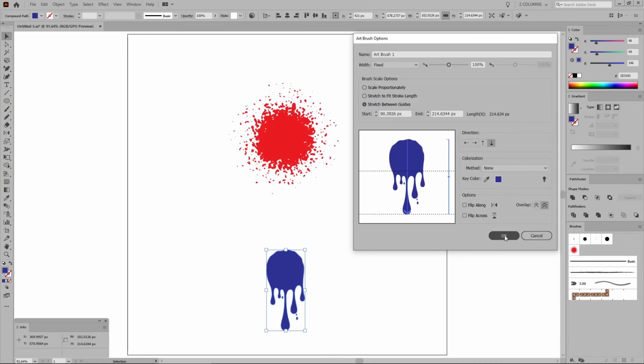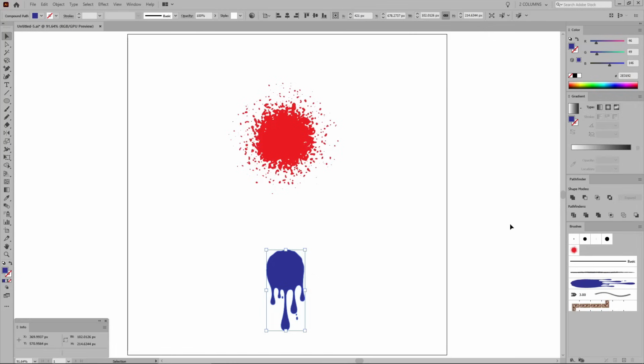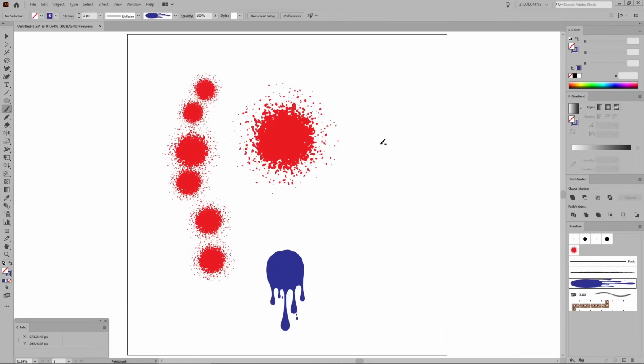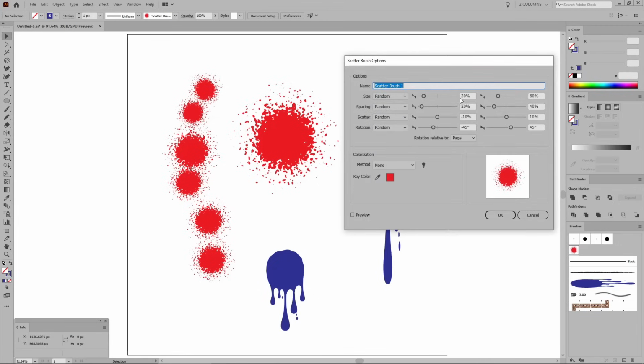your new brush. Finally, let's put these two brushes to the test. Let's use the brush tool from your toolbar, select your red brush and draw a simple path, and then select the other brush and add a new path. Remember that you can always come back to the brushes panel, double click your brush and make any changes that you may need.